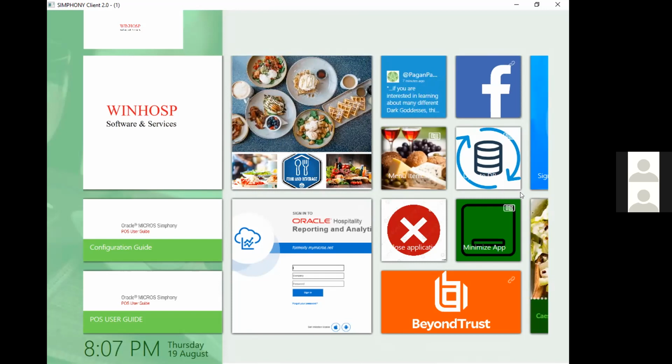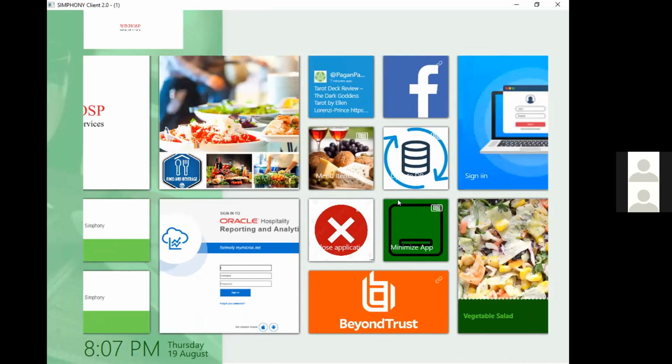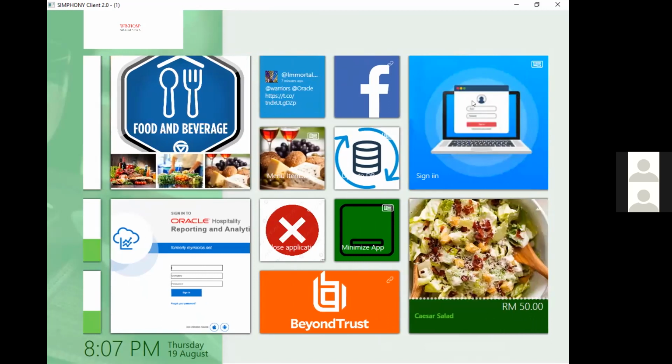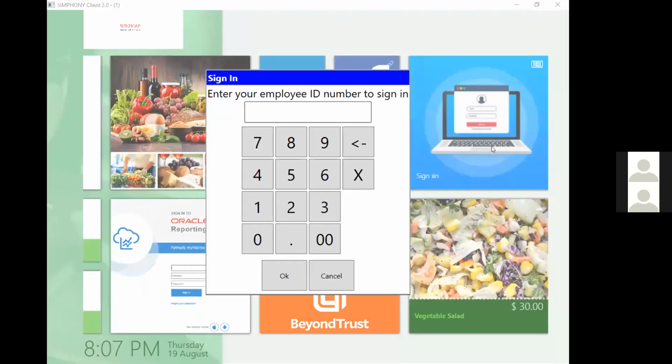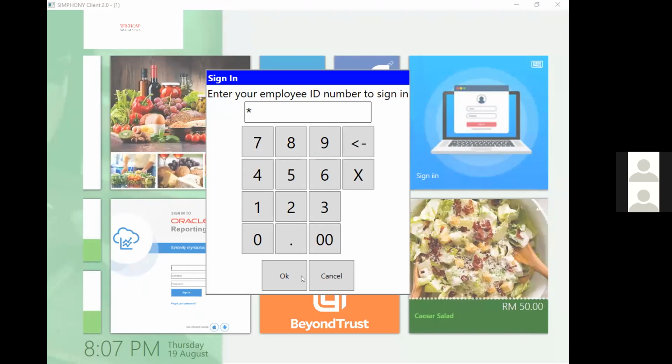If I scroll to the right, I will come to this section later on. So if we scroll to the right, I hope you can see the sign-in screen, the sign-in button and the description. This button is used whenever you want to sign in and go to the transaction screen.